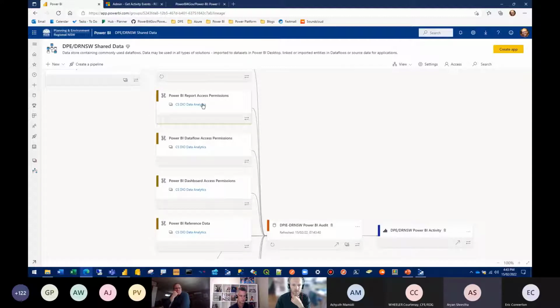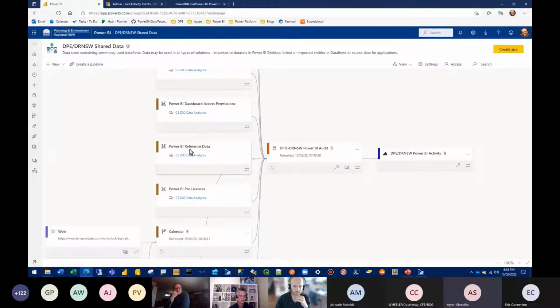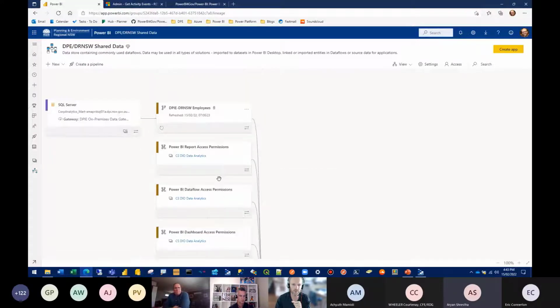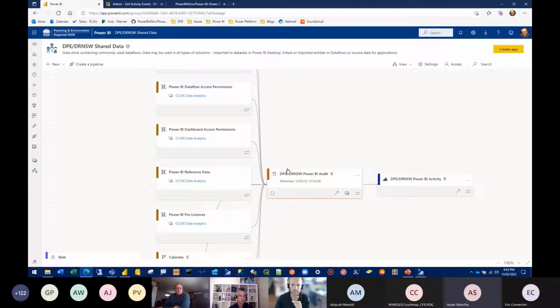I've got my access permissions. I've got my reference data in here, which actually contains all of the artifacts like workspaces and data sets. I've got my pro licenses there. I've got my date table. All of these are data flows, and the data flows are being consumed by Power BI Desktop. And